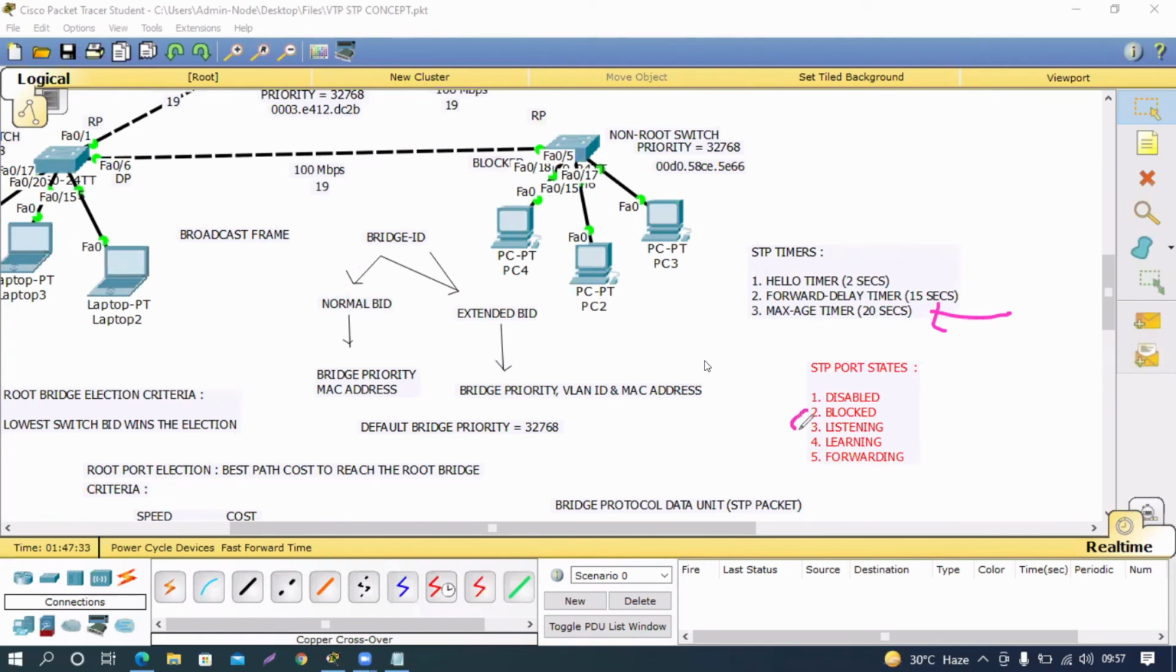So from here to here, it was taking 20 seconds, from disabled to listening. 20 seconds of time was there. And from listening to learning, and learning to forwarding, in both cases we have 15 seconds. So 15 seconds we take to move from listening to learning, and from learning to forwarding, we take